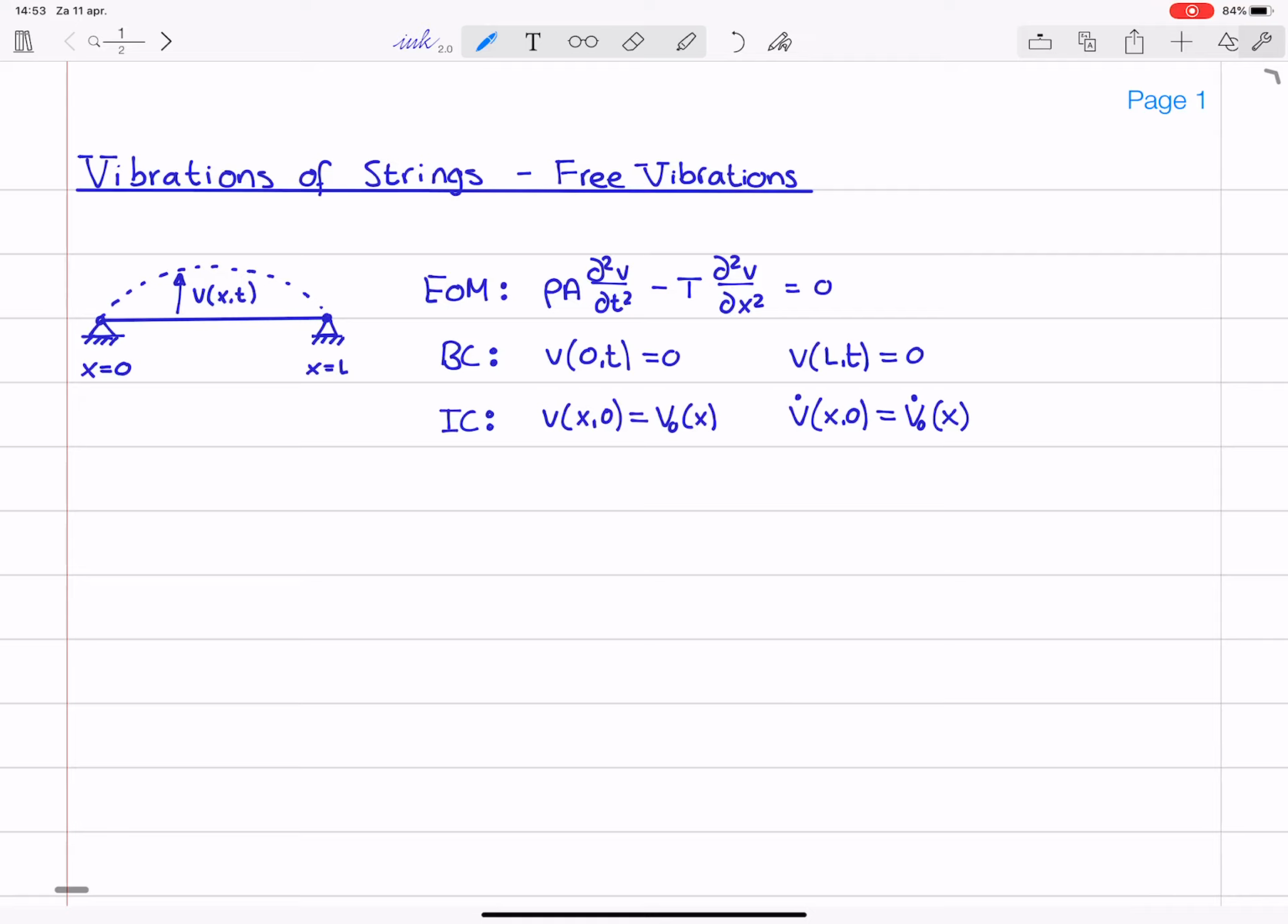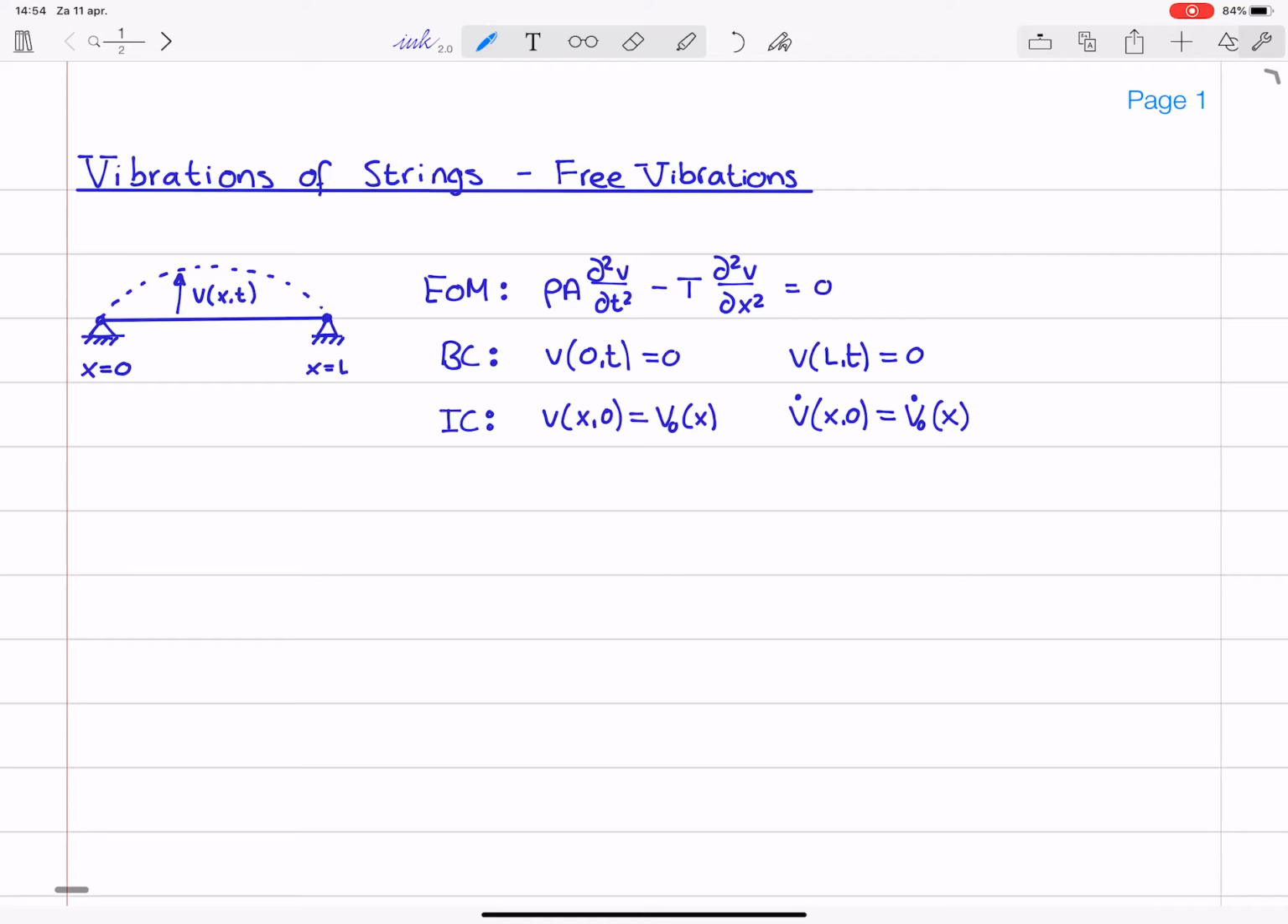example. So what I've shown you here already is the equation of motion for vibrations in strings, as well as the boundary conditions for the specific case that the string is fixed at both ends. Also, for free vibrations we now need the initial conditions. So the initial conditions describe the initial shape of the string as well as the initial velocity profile of the